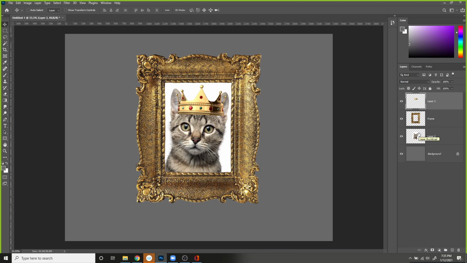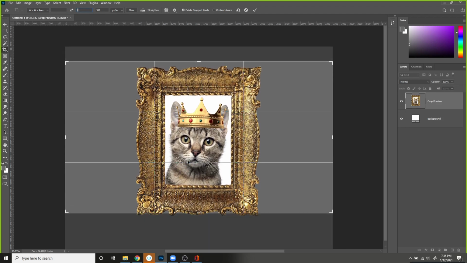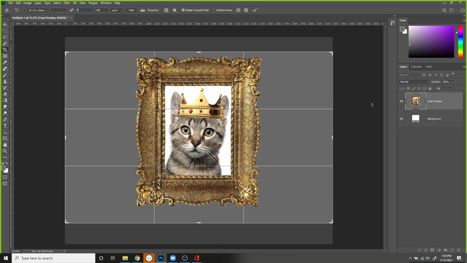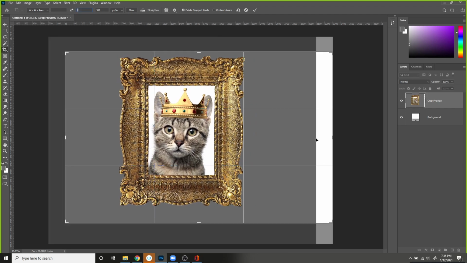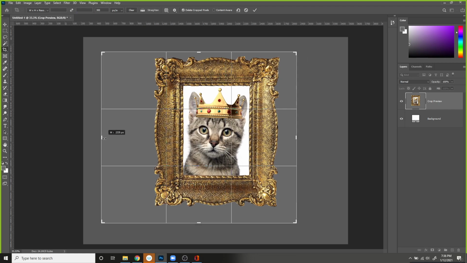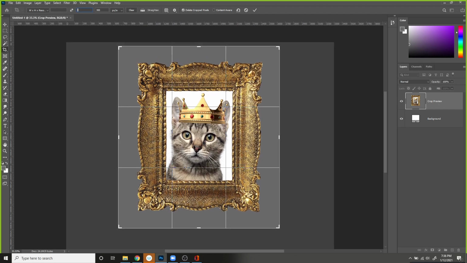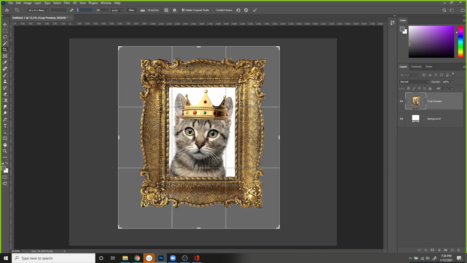And again, the crop tool is the C key. Mine currently has a set size up here from a previous lecture. If I just delete those things there, you can change the cropping here and whatever you want. So like I said before, I made it horizontal. If you wanted to make this more vertical image, or maybe not so much, you can drag these bars around,